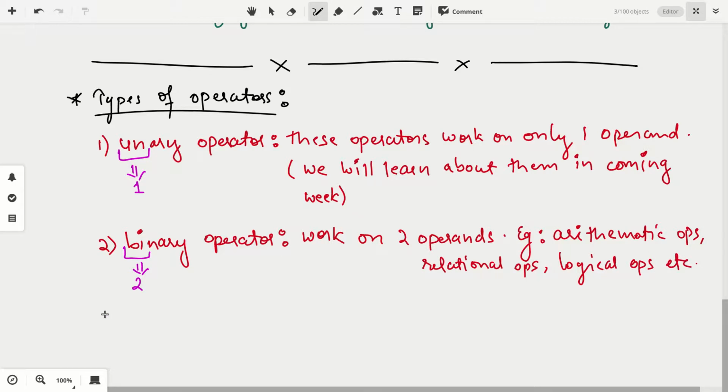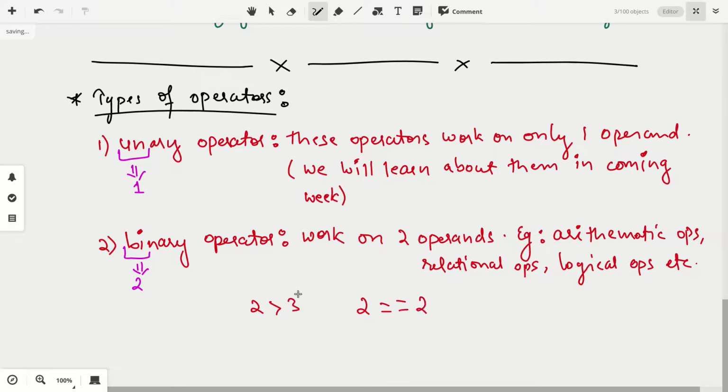Okay, so they are binary. Example, if you write 2 is greater than 3, this is an example of relational operators. It checks the relation between, establishes the relation between 2 operands. We can write either this, or we can write 2 is equal to 2.